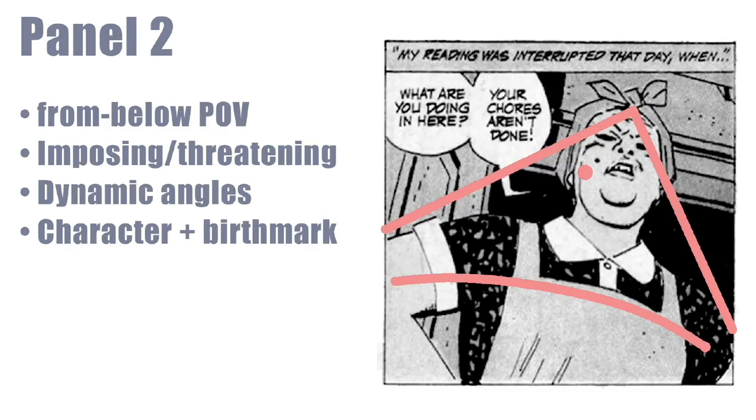In panel 2, then, we see the stepmother come through that door. So it's been established in the first panel, and so the reader knows which door and how the stepmother is positioned in relation to the kid as they enter the room. The point of view is from below, and again, that's a dramatic effect, but it also is the point of view of the kid on the bed. So, we see the kid on the bed in panel 1, and then we are the kid in panel 2 as we look up. We see what that character sees.